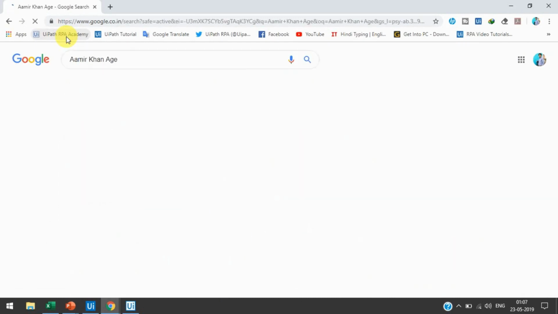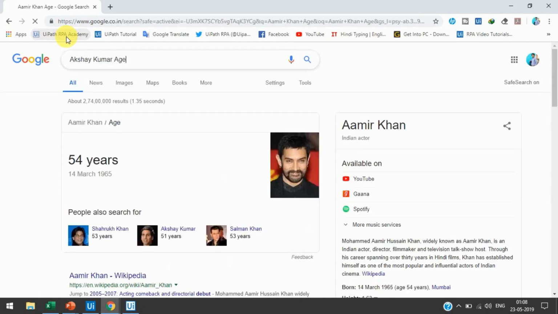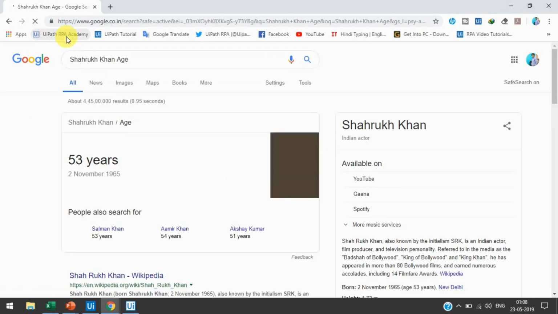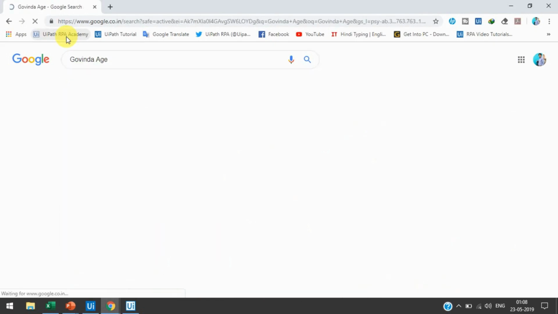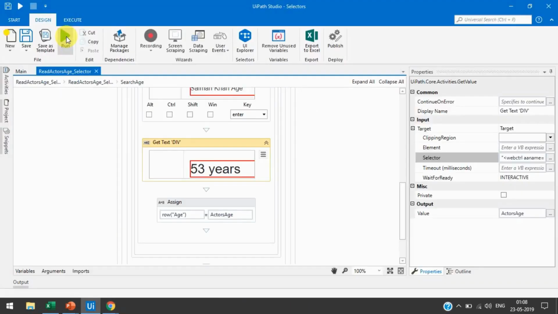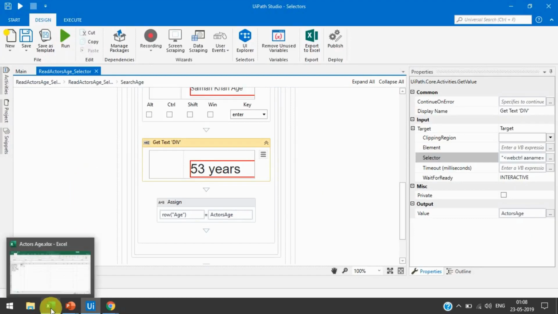So now you'll see here, like 54, age is 51, every time it's changing here. So this is called a dynamic selector. 53 years, 55 years, and now it's done. It means there is no error with the selector, there is no error in our project.